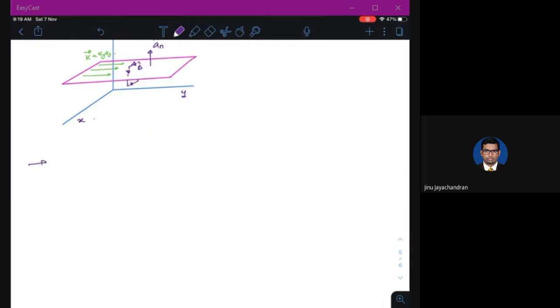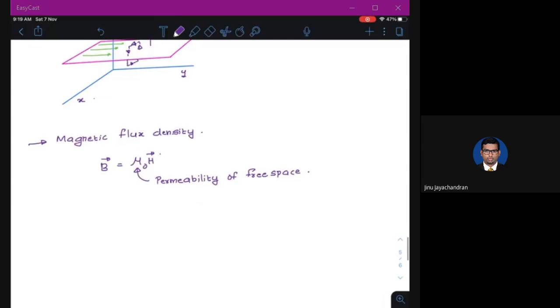The next one is magnetic flux density. It is denoted as B is equal to mu 0 into H. And mu 0 is called the permeability of free space. Just like we have D is equal to epsilon 0 E, we have B is equal to mu 0 H. If we are using any other medium,